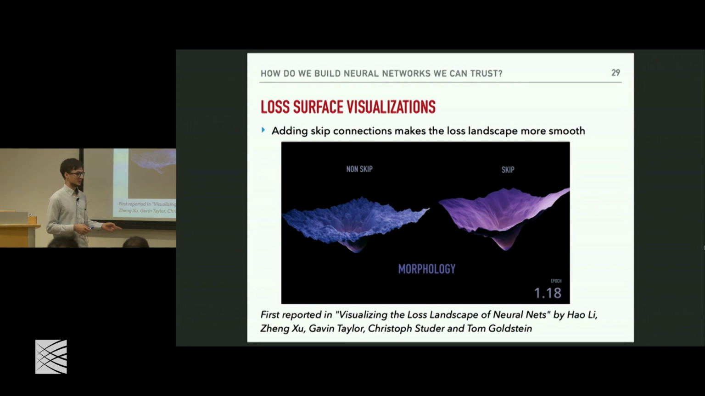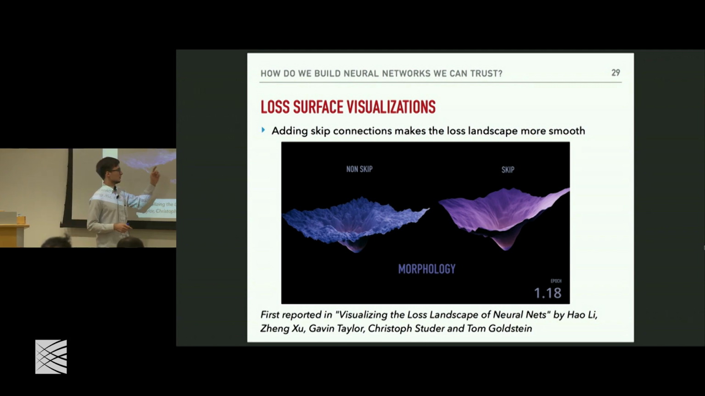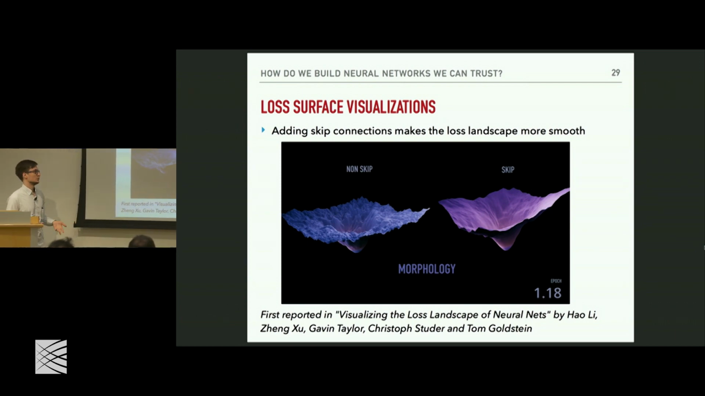This was first noted in a paper called Visualizing the Loss Landscape of Neural Networks by Tom Goldstein's group. Here, again, everything is held fixed. This is a ResNet network, and the only difference is that in this part they removed the so-called skip connection. So there is a small architectural difference between the networks that you see here and the networks that you see here. Even if you don't know what skip connections are, just looking at these plots, you can